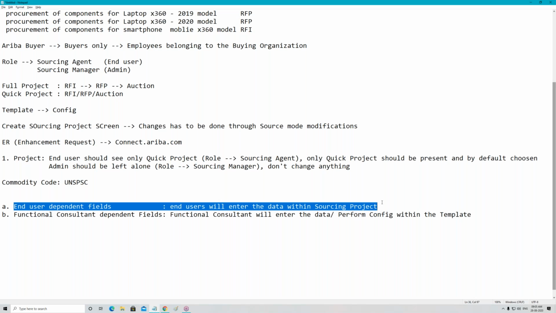Correct? So these are the two most important, basic things which all of you have to know before you prepare any solution, before you go ahead with the configuration. If you do not know these things, you can go to any project, and I can guarantee you, guys, this will not be noticed immediately, but after 4, 5 or 6 months this issue will crop up, and it will lead to huge escalation. Why can I say this with 100% confidence? Because I also made the same mistake in my first project. I also faced a lot of escalations.